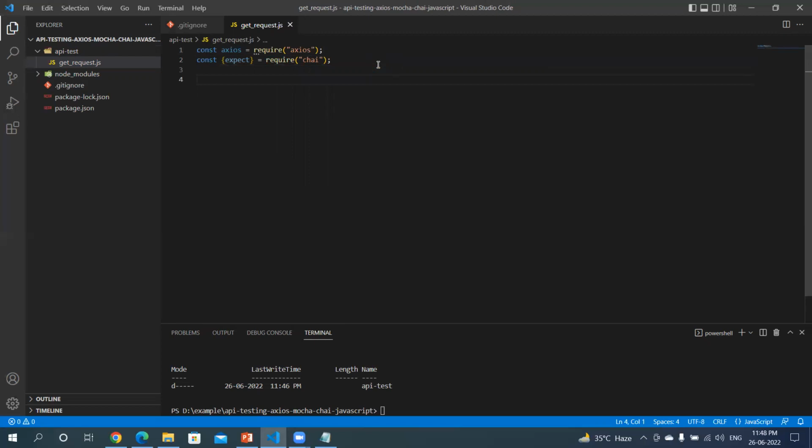Now, as you know, we have added Mocha as our test framework. So we will be writing the test in describe and it blocks. Describe is kind of a high level test scenario, which will house your different tests. So tests are written under the it block, and if it's a high level scenario, it is mentioned under the describe block. So let's say